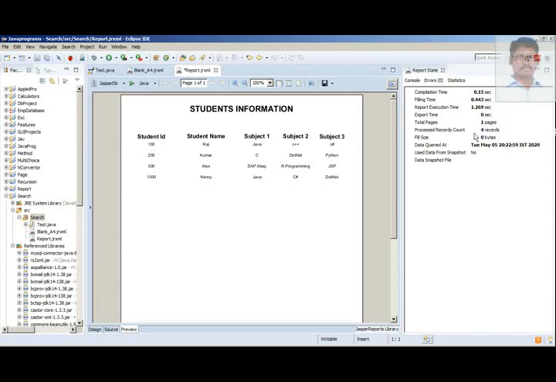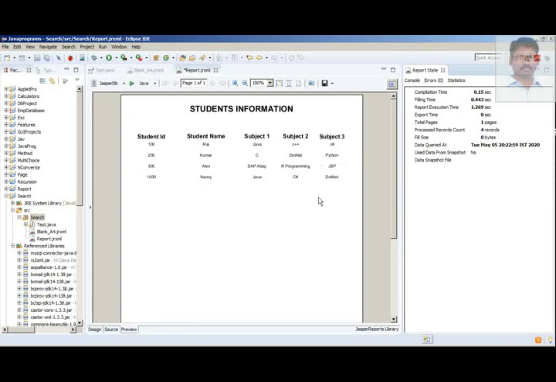Okay, so how is this coming? First of all, it is about the coding. I will show the coding part. When you have not written any coding, this will not come, only your design will appear. I already have the coding, so it is automatically taking it. So I will show you the coding part. Let's go back to